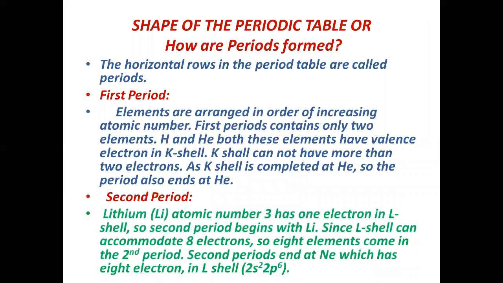The second period starts from lithium and ends at neon, because the second period can accommodate 8 electrons. In the first period, the first shell can accommodate 2 electrons, and the second shell can accommodate 8 electrons. So it will stop at neon, because neon has the configuration 2s2 2p6. 6 plus 2 is 8. Eight electrons are already present in the outermost shell of neon,